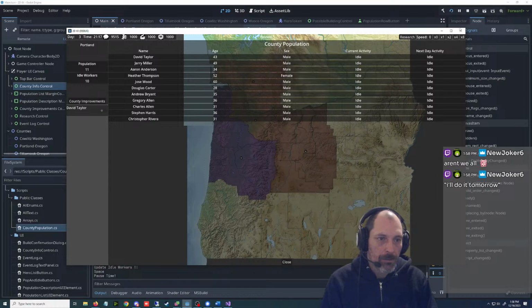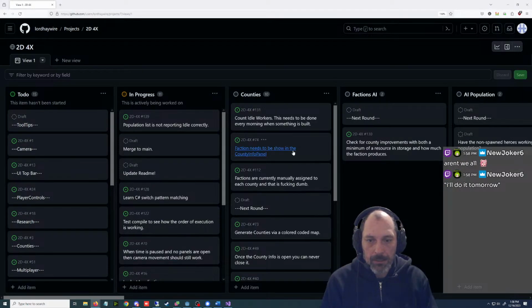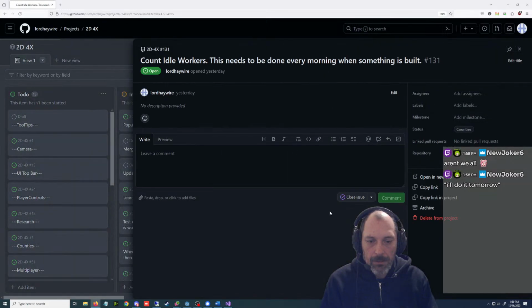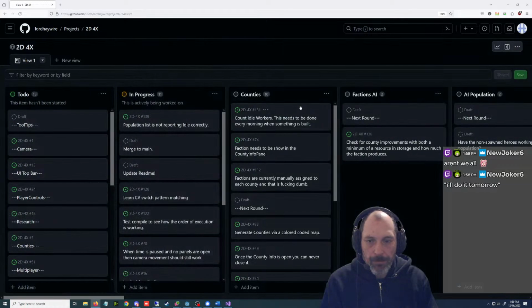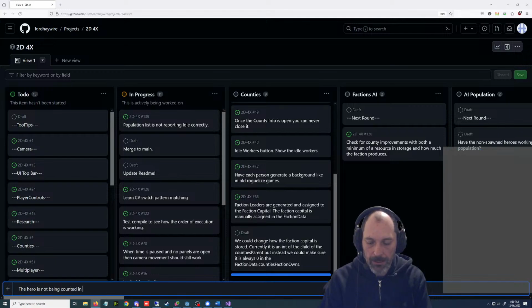Now we need to put a note in here that says the hero is not being counted. That's done. This is going to be a next round thing. The hero is not being counted in idle workers.